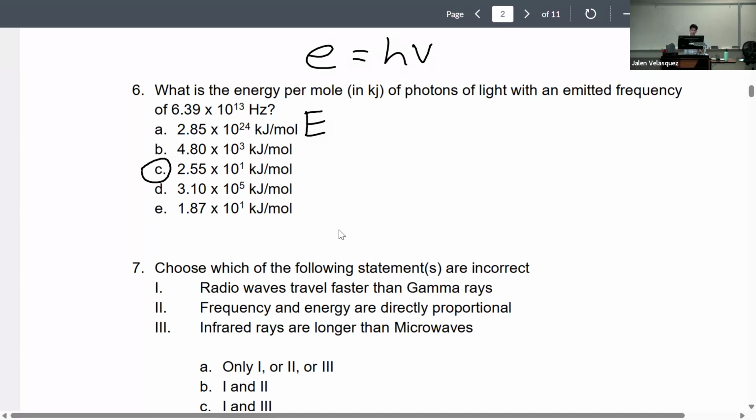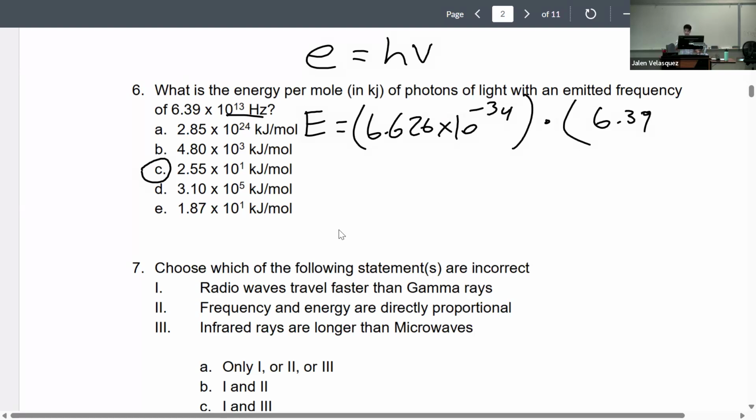So energy is 6.626 times 10 to the negative 34 times the frequency, and I was very nice here and I gave it to you in hertz already. So you can just plug that in straight up. 6.39 to the power of positive 13. So what do you get for the energy when you do this? Good. So you get 4.23 times 10 to the negative 20, and it's joules,